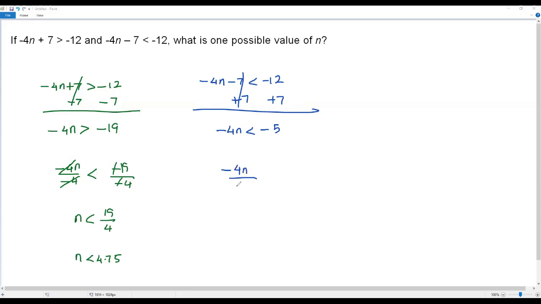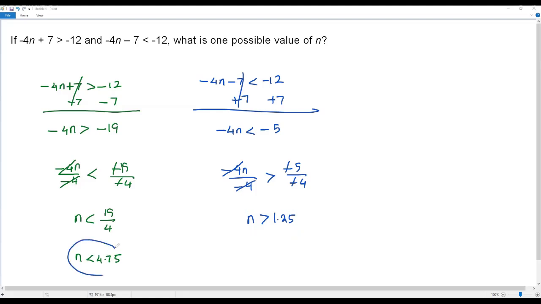Okay, to solve for n, I divide both sides by negative 4. That is negative 4n by negative 4 and negative 5 by negative 4. Since I divide both sides by the same negative value, I have to flip the inequality sign. Already we have less than, it will become greater than. So this negative 4 will cancel. n has to be greater than. So this negative sign will cancel out. When I divide 5 by 4, I'm getting 1.25. So here the solution of the second inequality says n has to be greater than 1.25,